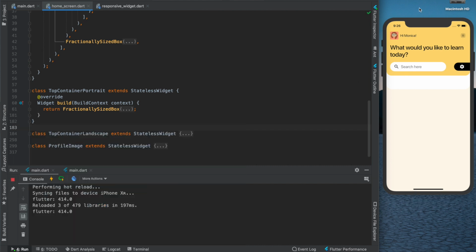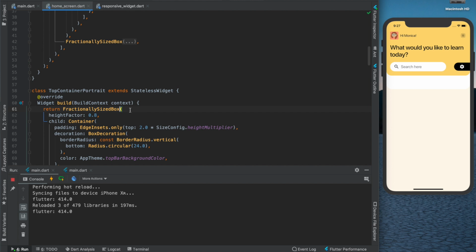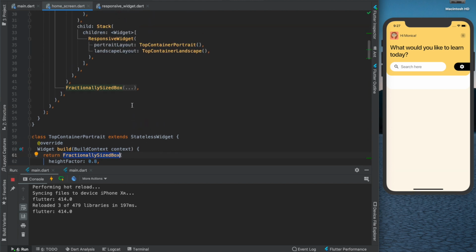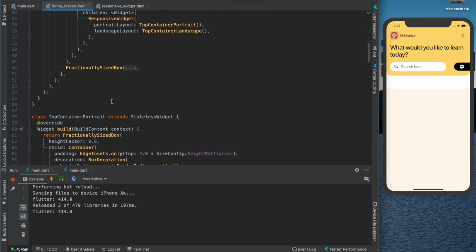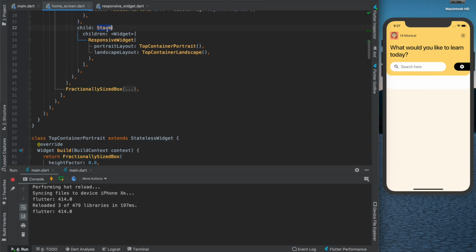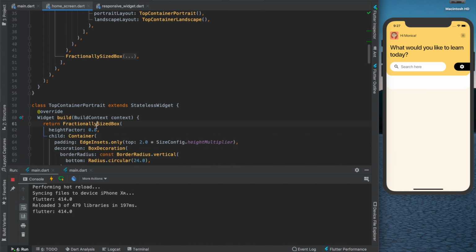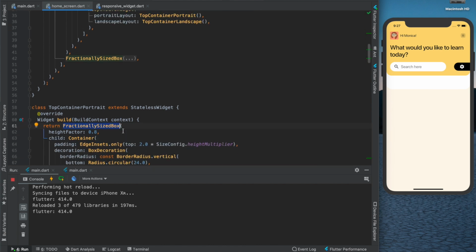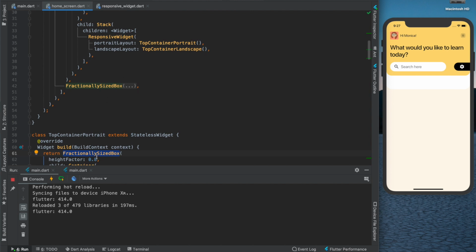So this is complete till here. I want some container to have this yellow background, and so I have taken again a fractionally sized box. Oh, I got it. I got why I'm using stack here. The reason is very easy. Since the fractionally sized box is going to be inside a stack in any of the cases, right? That's why I use the fractionally sized box. You can say that the fractionally sized box has a parent stack,